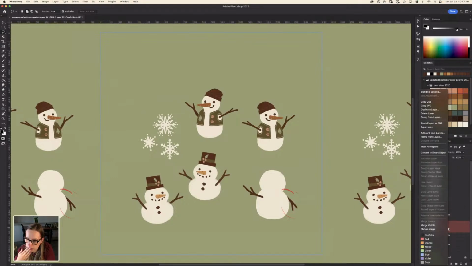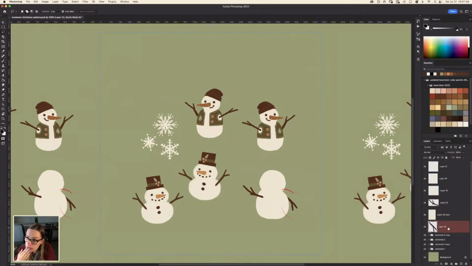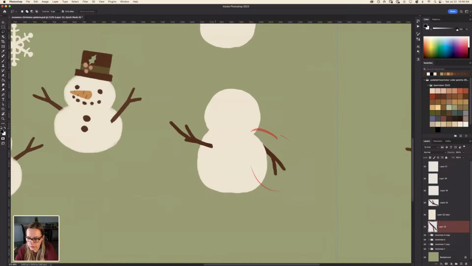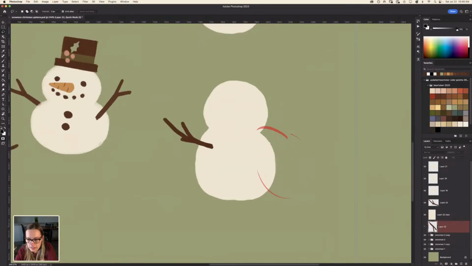I don't know what I did. Did I accidentally create a mask? Is that what's happening? I don't really ever use regular masks, so I don't know what I'm looking at. But it's got this like red,